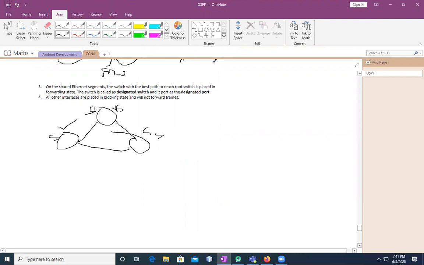All ports on S1 will be in the forwarding state. That means this will be in the forwarding state, this will be in the forwarding state. S2 and S3,